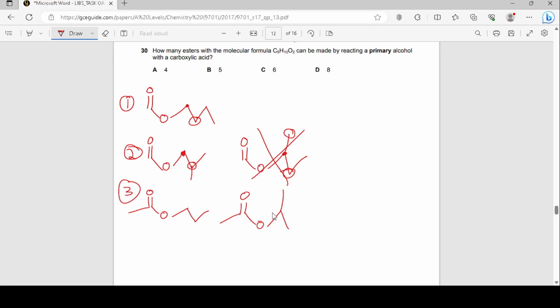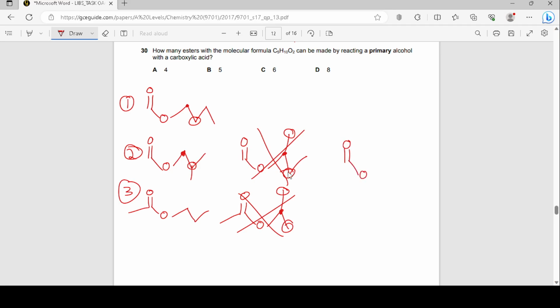But then this one is again a carbon where the O of the OH is attached to two carbon atoms directly. So again, it's not a primary alcohol, it's a secondary alcohol. So this is also wrong. Now, if I consider the methanoic acid one again, which I've written under two,